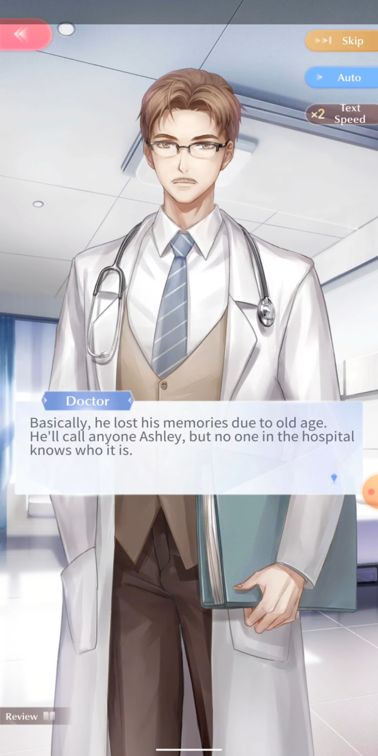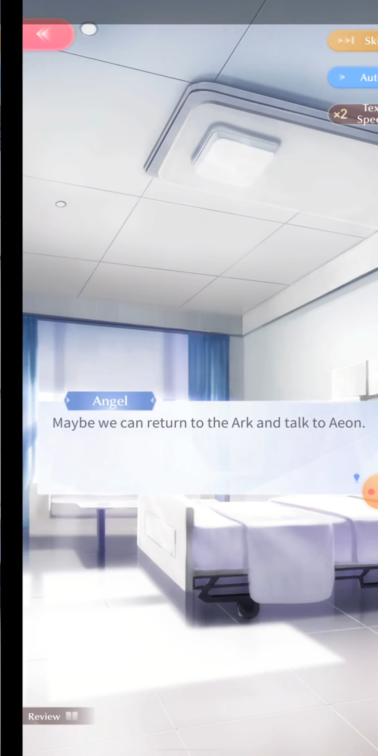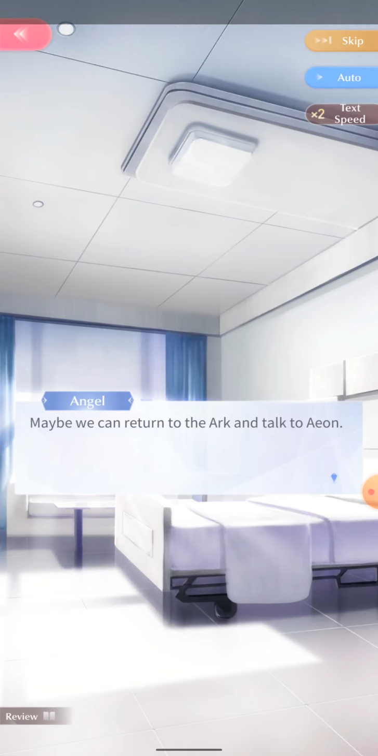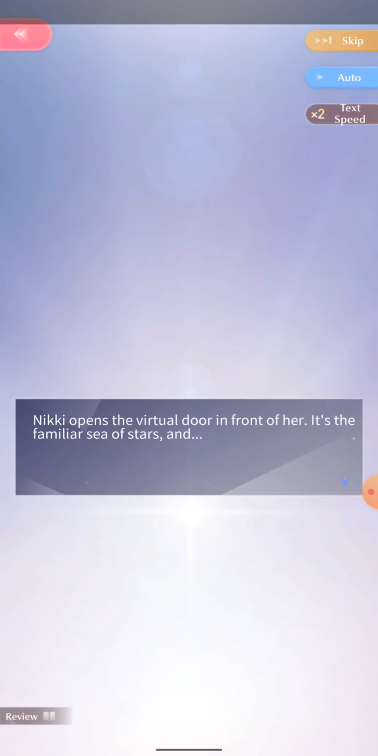Since old Hendral is unable to give them any information, they have reached a dead end and they decide to return to the Ark for help. The writers never fully explain how she goes to the Ark. It says here, Nikki opens the virtual door in front of her and she's on the Ark. And I haven't found a good explanation for this anywhere in the story, so it's magic. All right, so